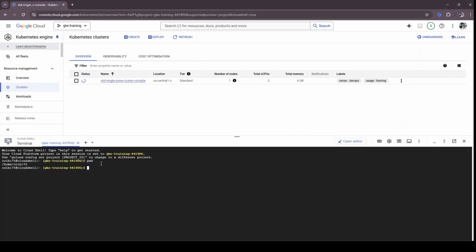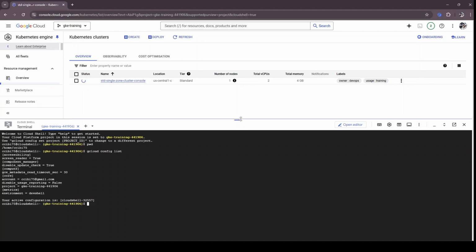CloudShell by default comes authenticated to your current project from where you start the CloudShell, and by default it uses the Google account that you used to log into this project. If you want to see all those details, you can run the gcloud config list command. Here you will see which account it is using, which project details, and other additional default settings that Google makes for you. So right now we are going to just use a simple gcloud CLI command to create a GKE cluster. By default, it creates a